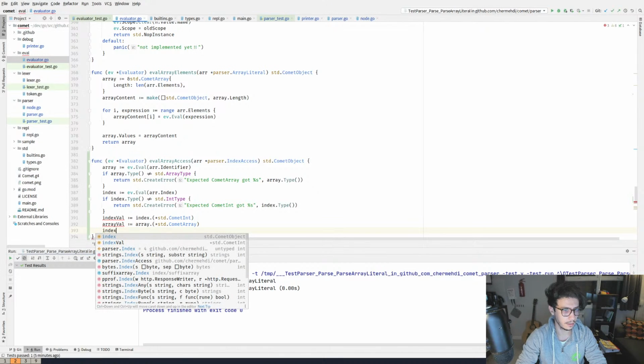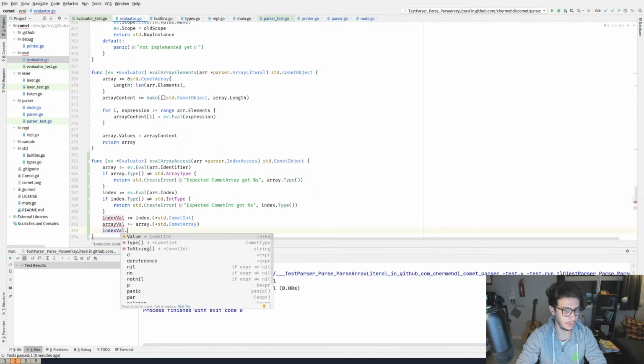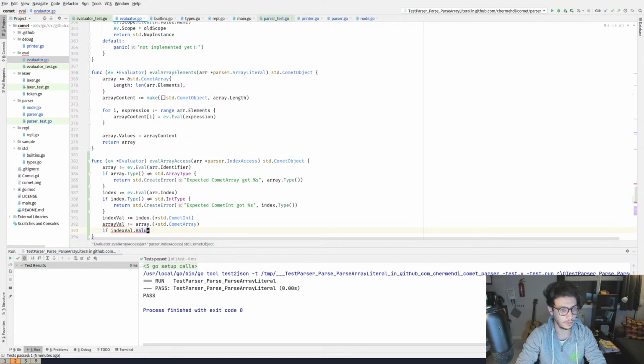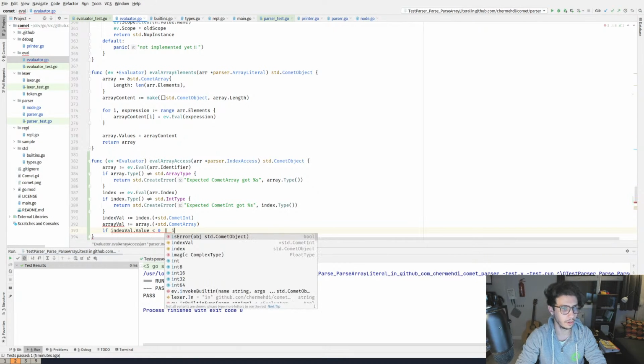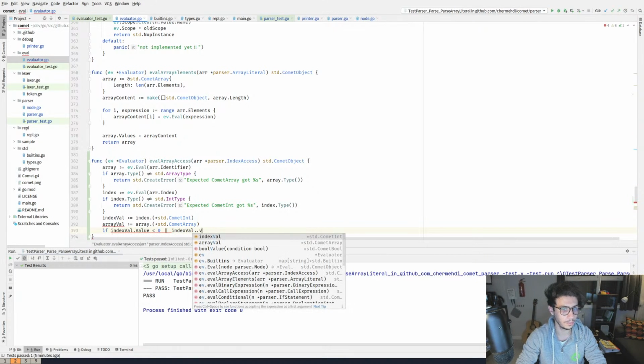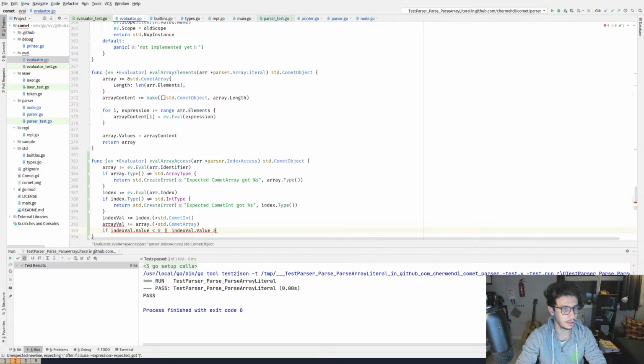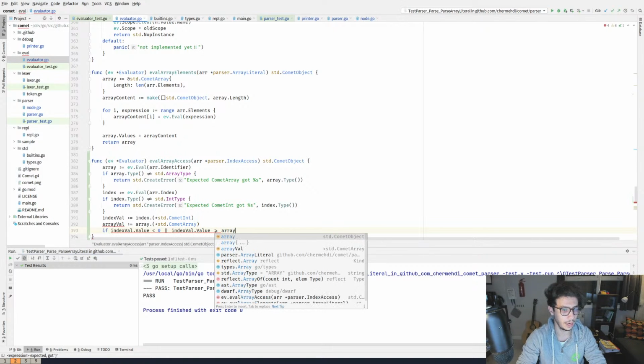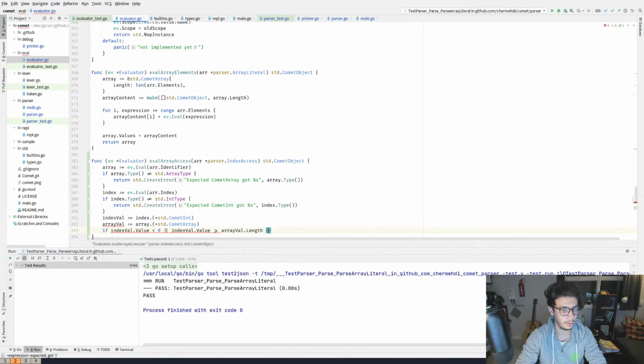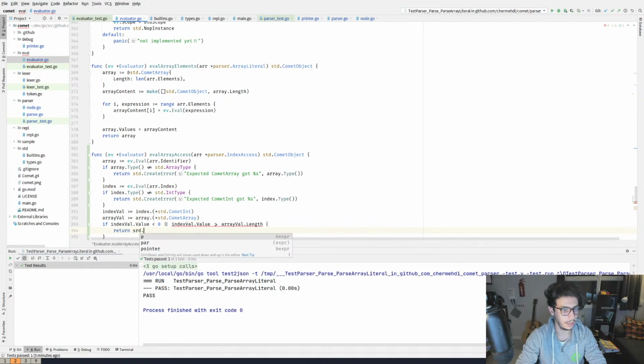So if index value dot value is smaller than 0, or index value dot value is bigger than or equal to the array value dot length, return std.create error: array access out of bounds.